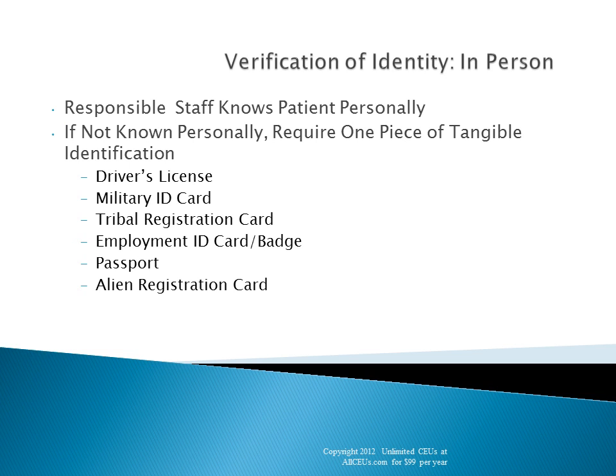We need to verify identity. If Sally is coming to pick up something for her sister, Susie, we can't just assume that Sally is Susie's sister. Try saying that 3 times fast. Just like if you were a notary or somebody else, you would require verification by picture identification of the person picking up the information.